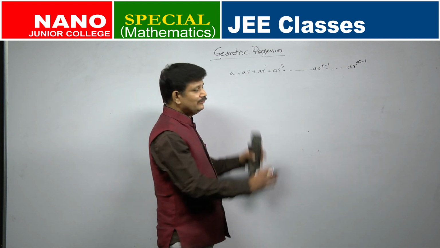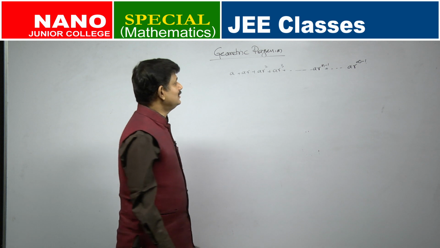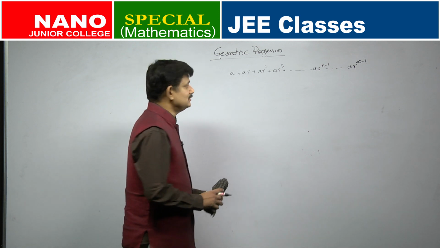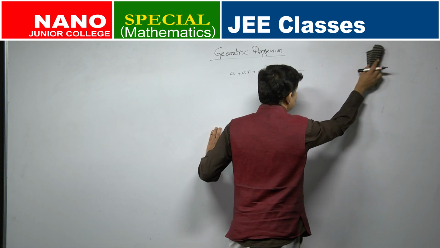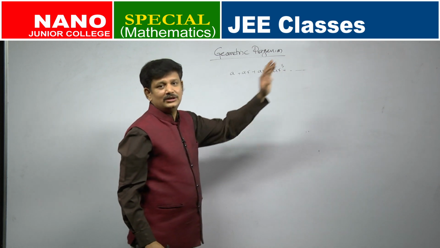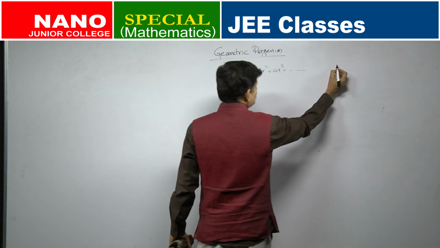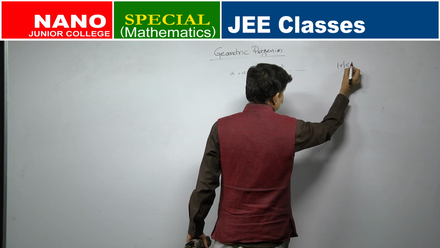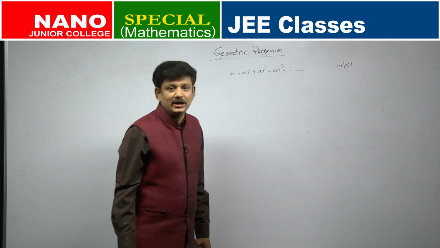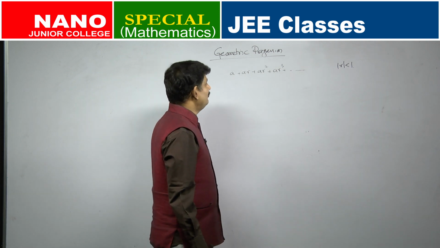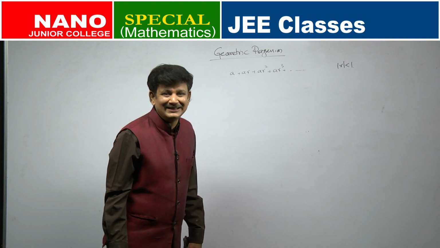If it becomes infinity, that sum will not be a finite number. Such a thing is called a divergent series. It does not make sense when the terms are becoming infinitely large, right. So, we discuss infinite series only for the case where mod r is less than 1. That is when you get this summation to be a finite number.